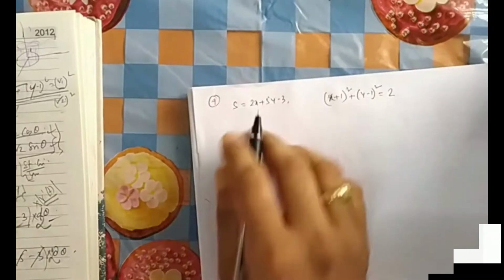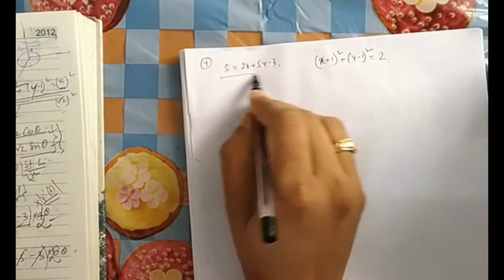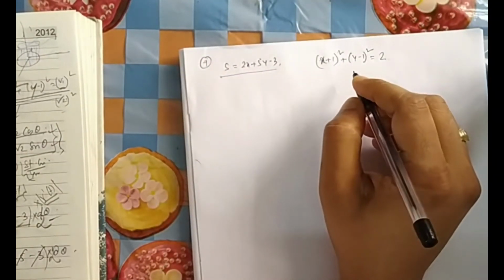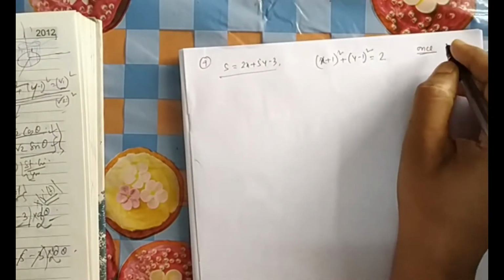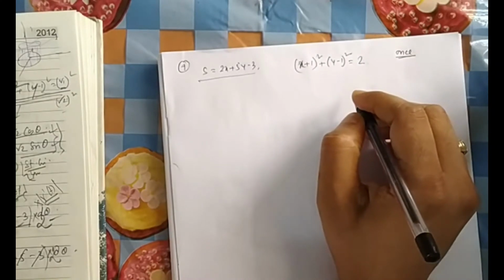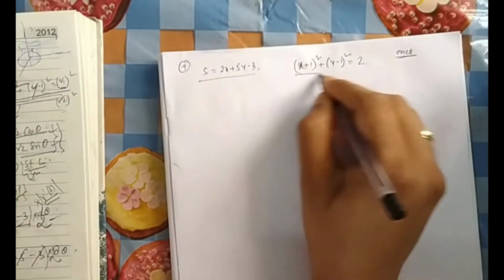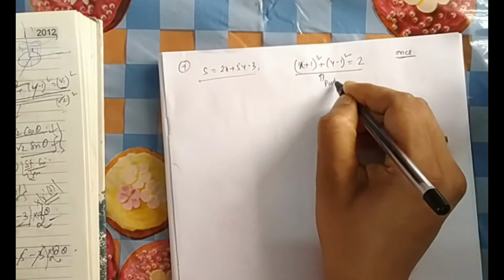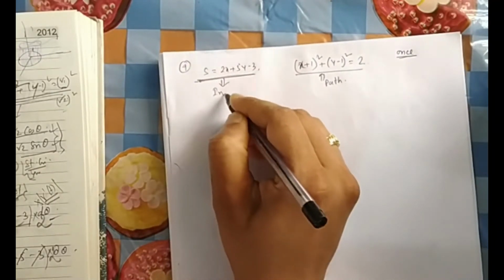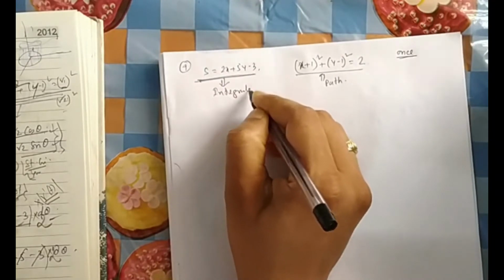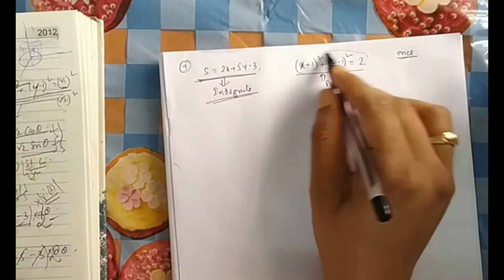Question number 4 is given. A surface S is given. This is integrated over the path. Integrated over, you remember the word, we will come back to it. Over a path consisting of the points that satisfy this. So this is the path given, and this is the thing which you have to integrate. So you have to integrate over this path.